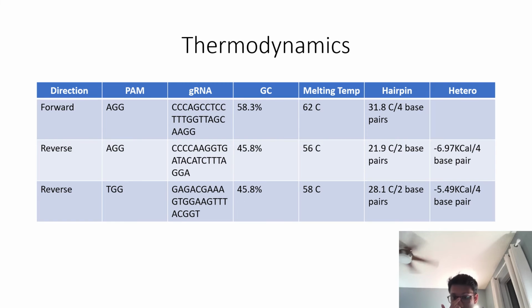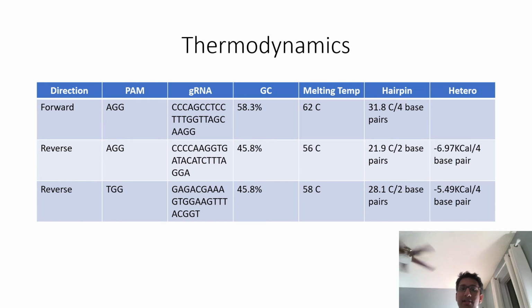So after designing my guide RNAs, I had to test the thermodynamics on them. This is looking at GC content, melting temperatures, possible hairpins, and possible heterodimers that can form. The thermodynamics of my design strands have pretty good GC content due to them being not too high. When they are too high, it gives a risk of stronger hairpins. If it's too low, it causes a lowering melting temperature, leading in both situations to just become ineffective within the